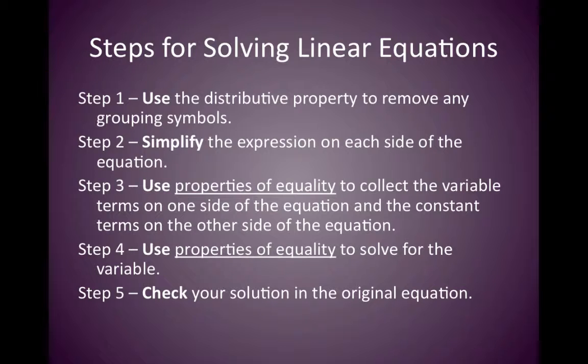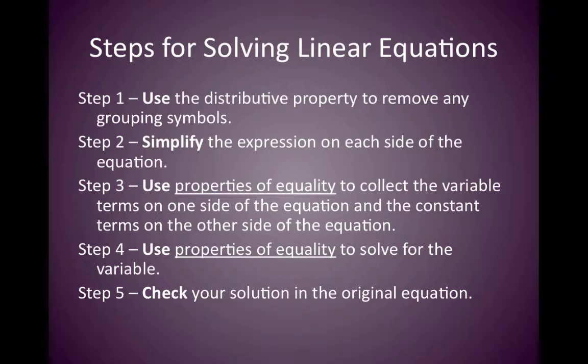All that means is if you see that there's parentheses in the equation, you need to evaluate those and remove them before you do anything else. Step 2 would be to simplify the expression on each side of the equation. All that means is to combine like terms. So if you have one side of the equation with two numbers that are like terms, you need to combine